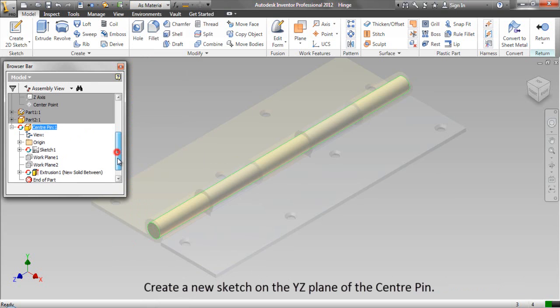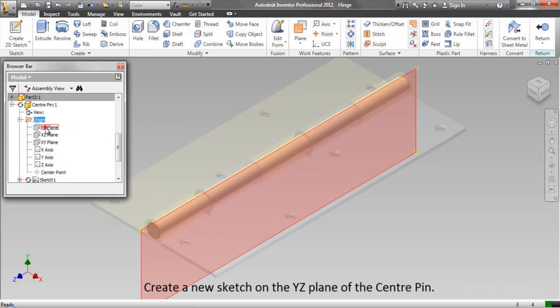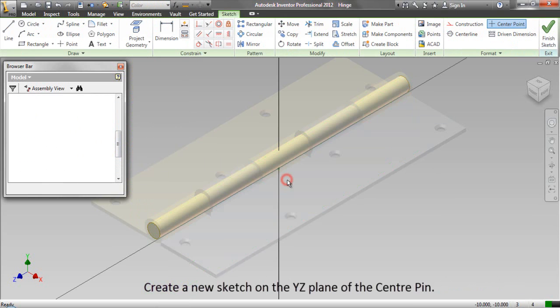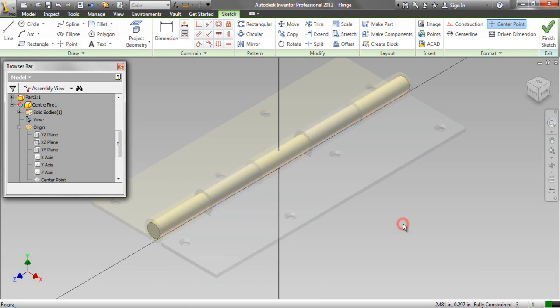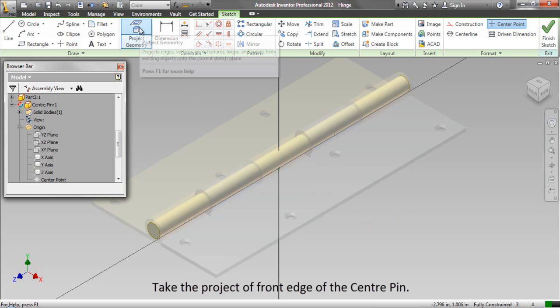Create a new sketch on the YZ plane of the center pin. Project the front edge of the center pin.